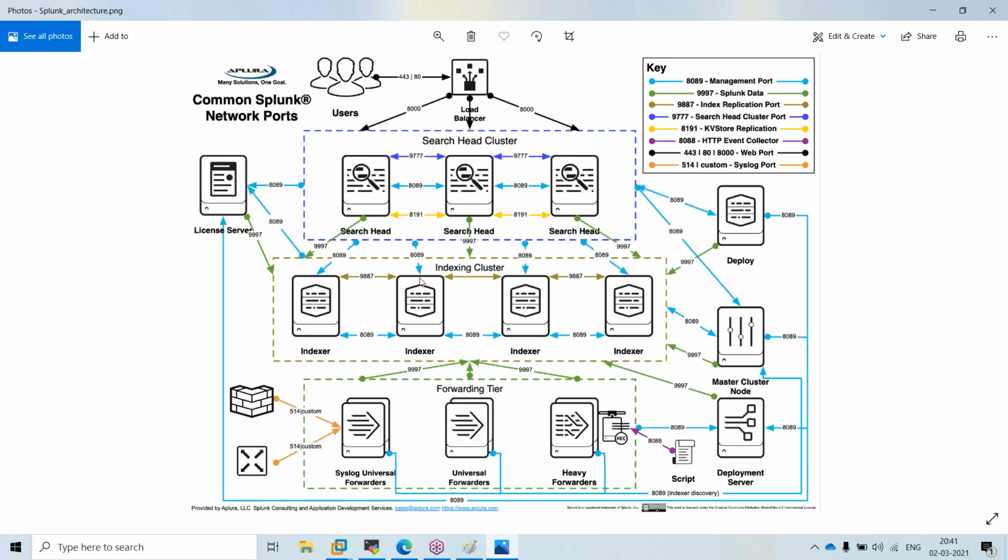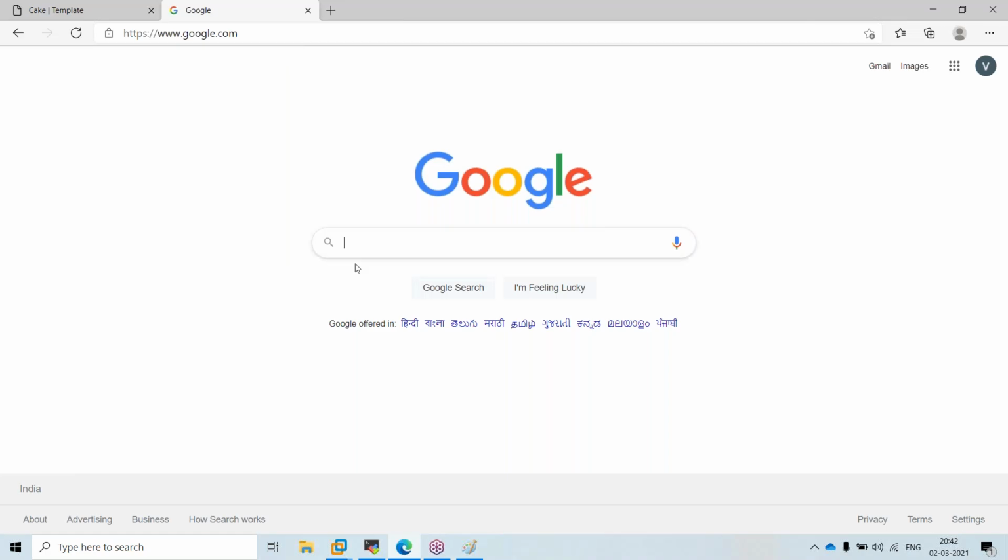Previously, they used to install the same Splunk software on the application server in earlier versions, but that had an overhead on the application. So now they created a component called the universal forwarder, which is a lightweight program, and this will send the data to the indexer. In the initial days it was a different story, but now there is the universal forwarder.